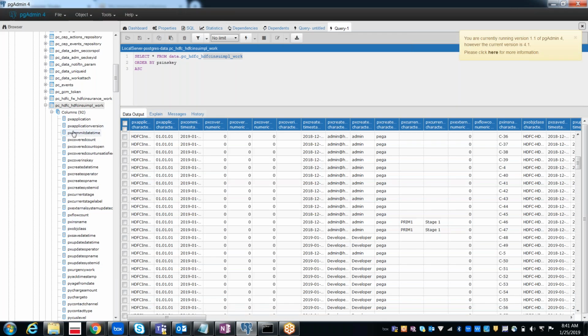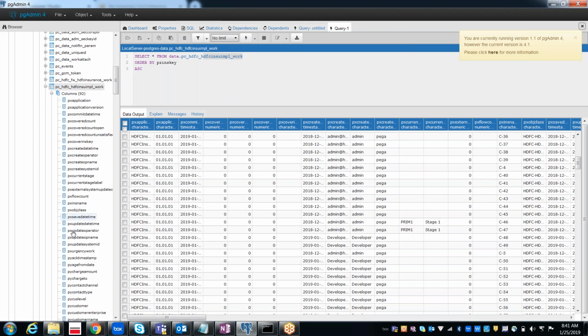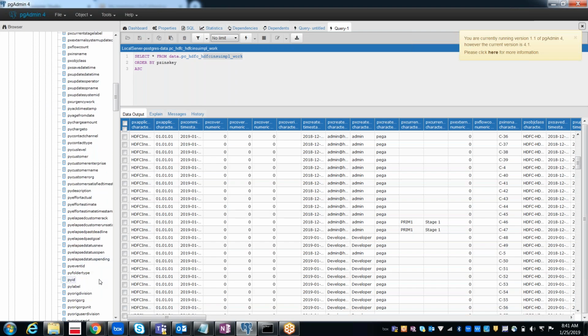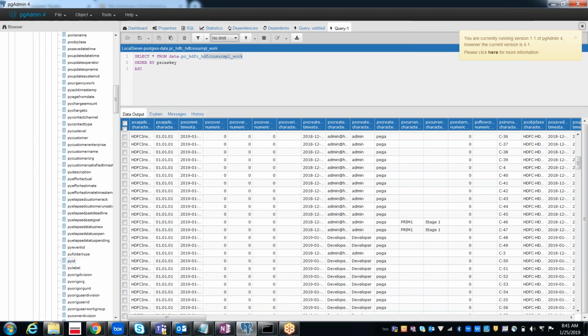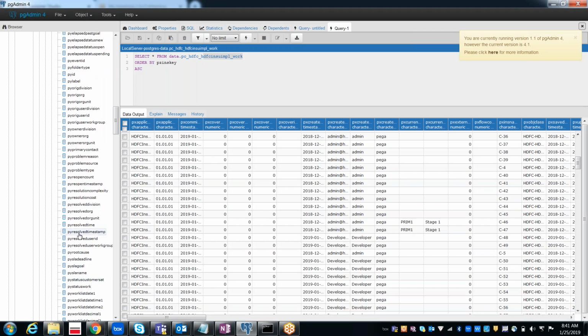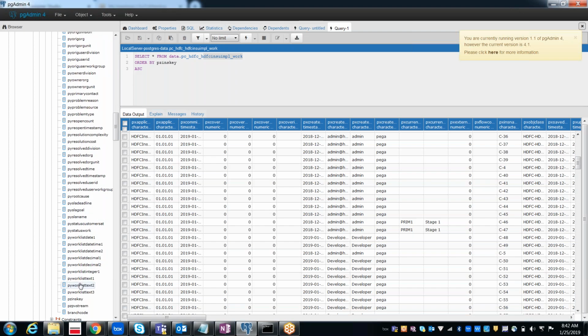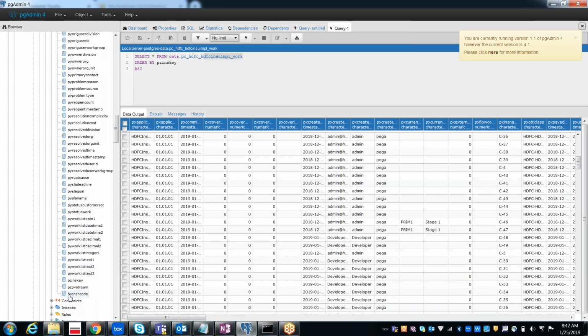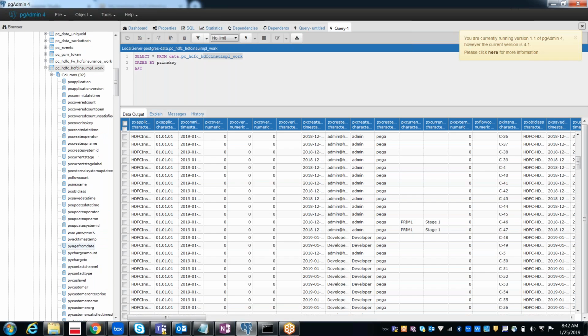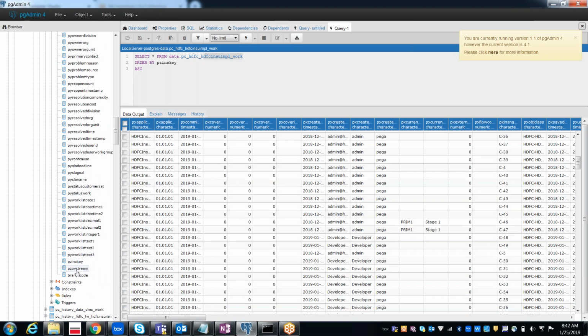See here, PX and PY properties are Pega defined properties. PyEventID, PySLAGoal, all the Pega defined properties are available. Only branch code, the one which we created, is there, and all the remaining ones are not visible here. So why? Where exactly is it saving? Does anyone remember about pzPVStream?